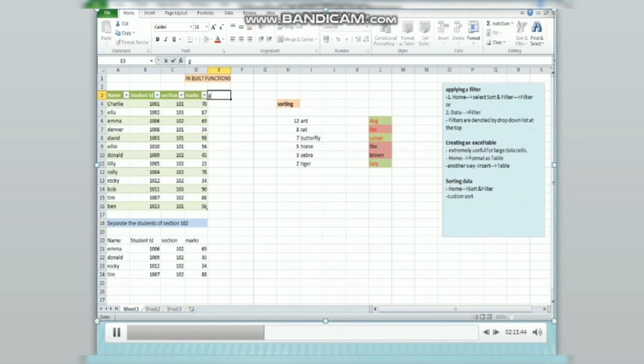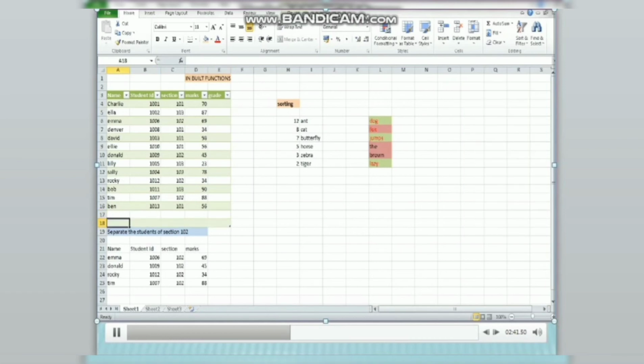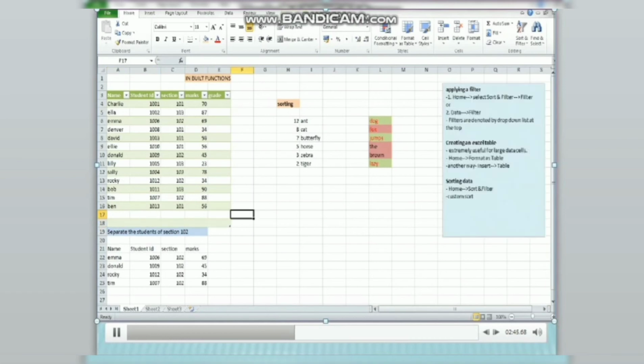Next, if I write here Grade adjacent to the last column and press enter, then automatically this gets added to the table. Now if I write here S details, it will show that the changes have been reflected to the table. If I want to add a new row, I can go to the last cell and press Tab to add the new row, then again go to the last cell and press Tab, and this way we can add rows in the table.